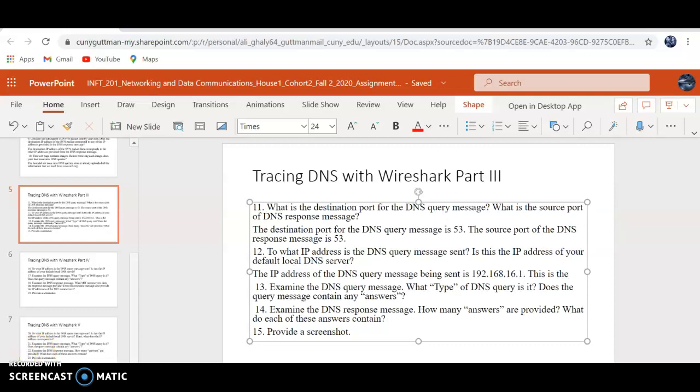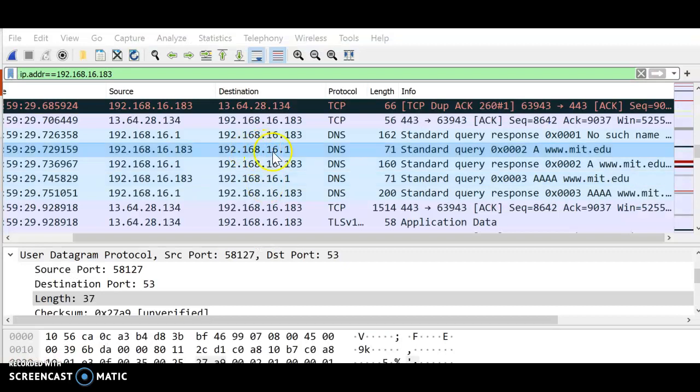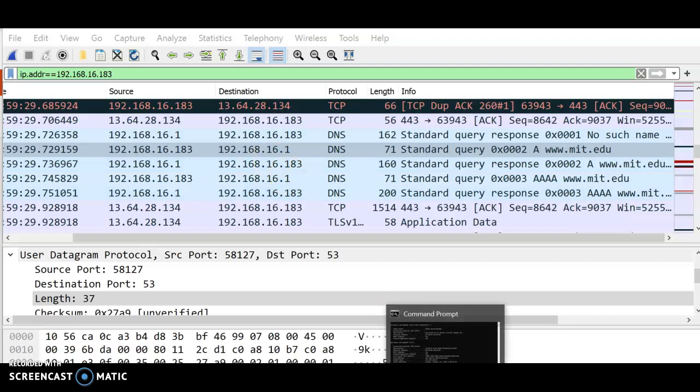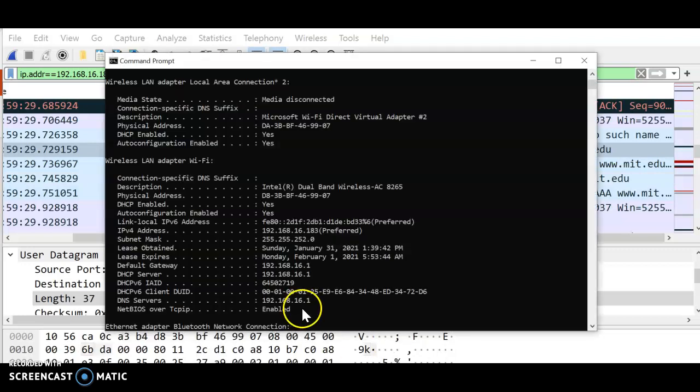For our local DNS server, this is our local internet default server. It's in command prompt. And for our internet service, 192.168.16.183. So maybe we could say use the